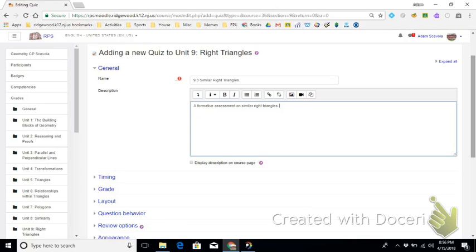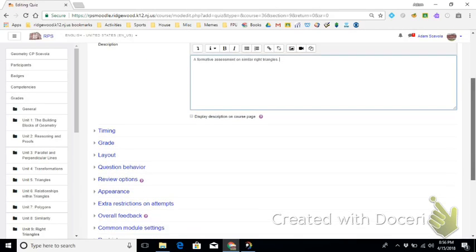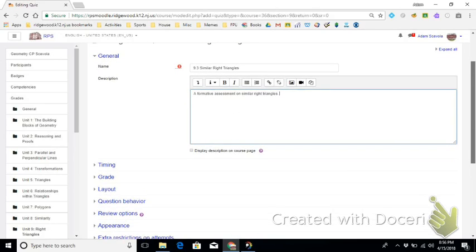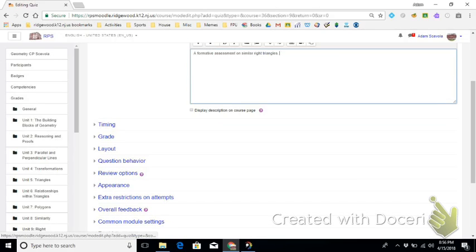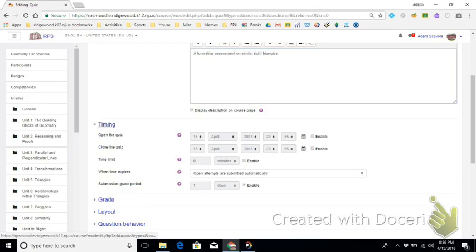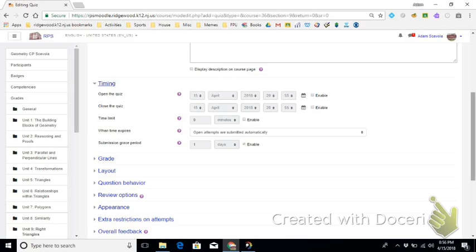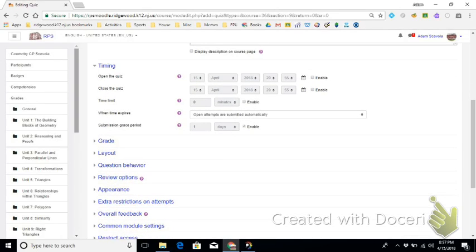Alright, so yeah, sorry about that. I just figured it would be more efficient to type that out and then talk. Alright, so once you create a new quiz, you name it. Now these options are pretty important based on what you want to do. So if you want the quiz opened so no one can take it until class time, you can adjust that. You can do open the quiz. Now, I just leave my quizzes open because I don't really find it an issue that kids are taking quizzes ahead of time. I usually just put them on the night before. But you can open and close quizzes